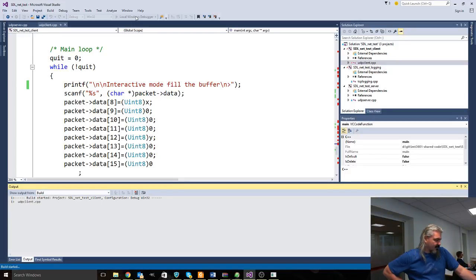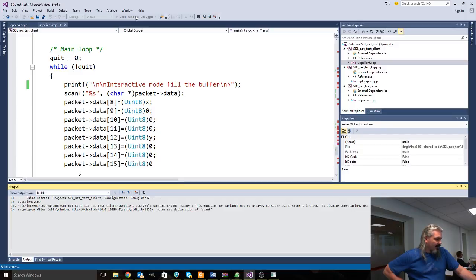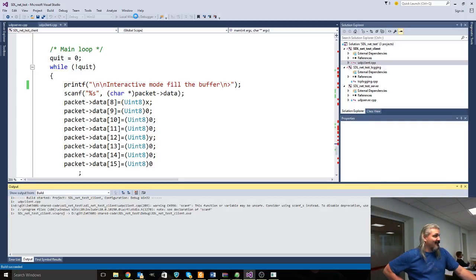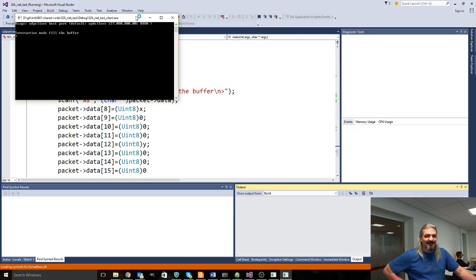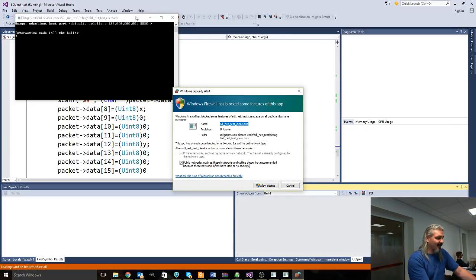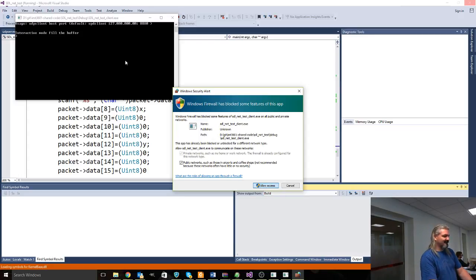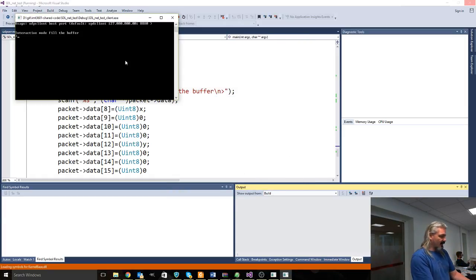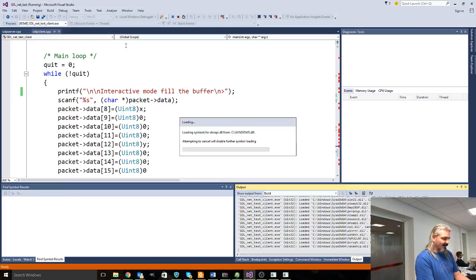so I build and run this code, and it's building. It's telling me scanf is a deprecated function, so it's naughty and I shouldn't use it. Okay, so it asks me again, do I want to allow access? And I go, yes, allow access. Now wait for it. Okay, so now I have, and you can see up here, well, you can barely see,